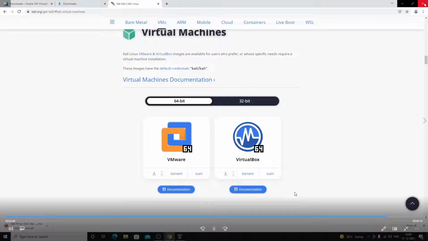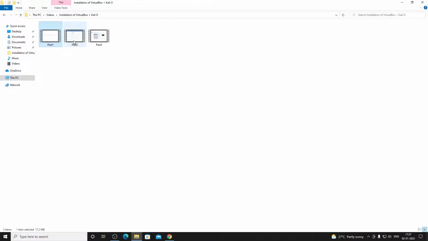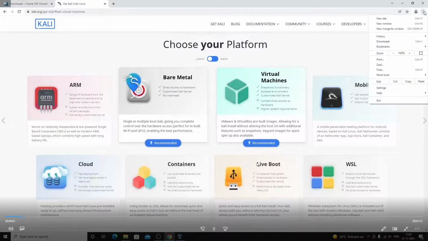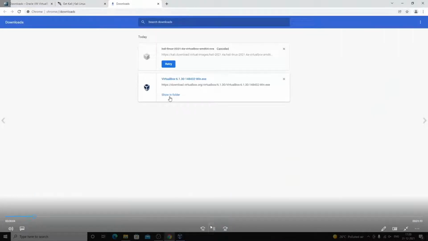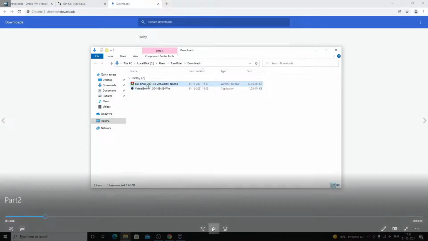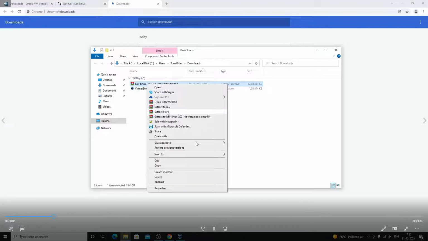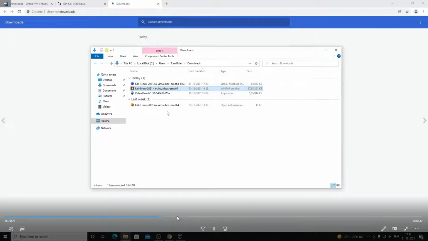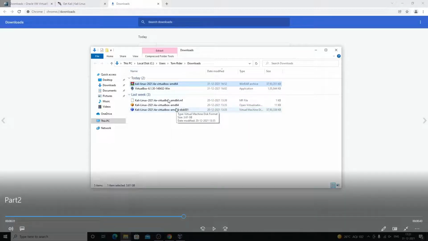As it's going to take a lot of time to complete, I will be moving on to part 2. Once the download of that operating system is done, we will move to our downloads, and here we will extract this zip file. As soon as we are done with the extraction, we will be seeing 3 files here. We are supposed to run this orange file with the extension of